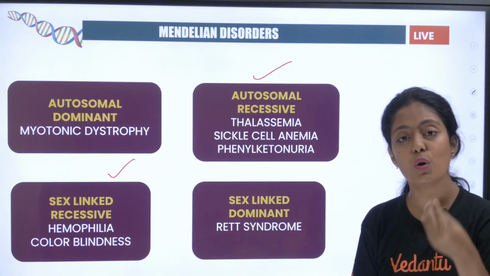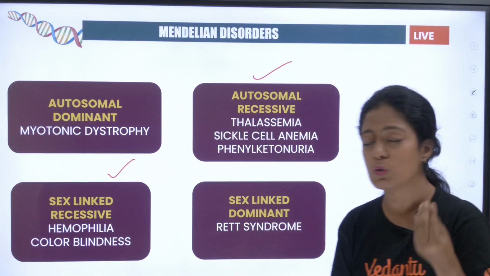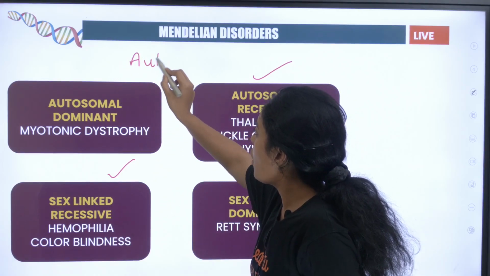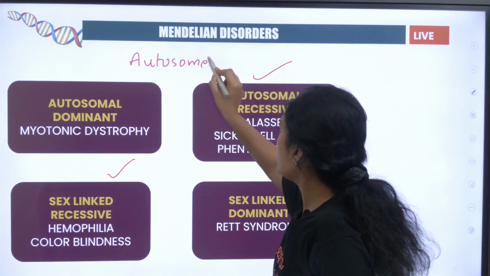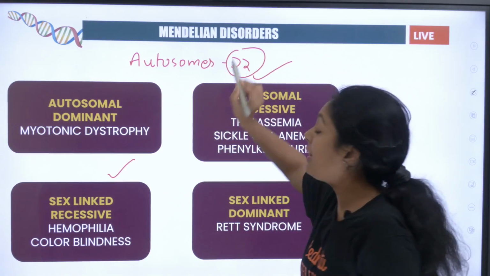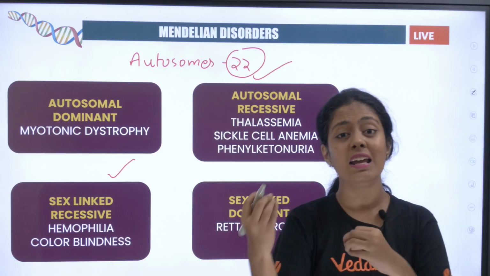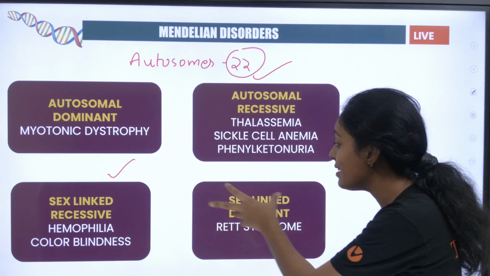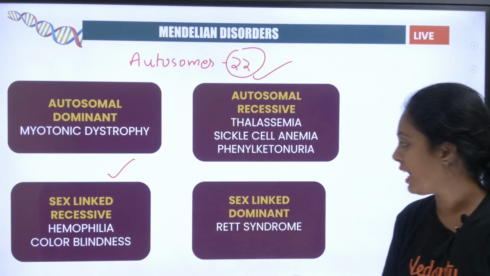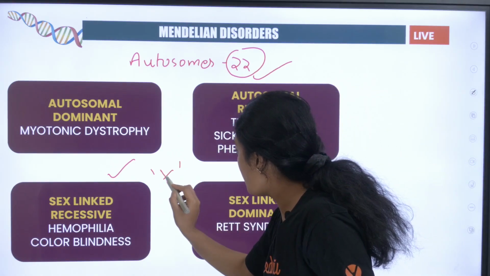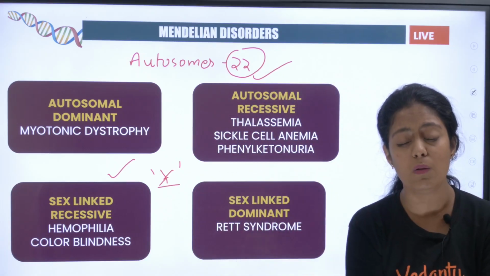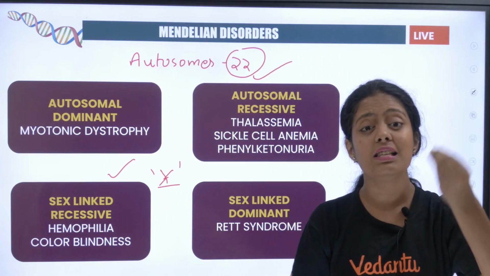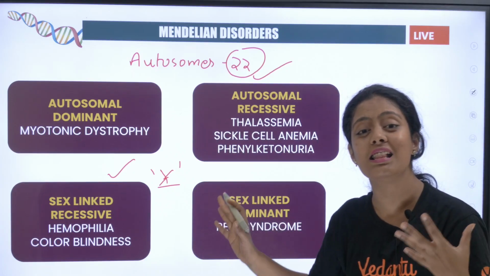First, what is autosomal? What do you understand by an autosomal condition? The defective alleles are present in your autosomes. So among the 22 pairs of chromosomes, a disorder or defect in those is what we call autosomal disorders. Similarly, we have sex-linked. What is sex-linked? It is linked with the X chromosome. So when your X chromosome is involved in the inheritance of that particular allele or gene, then such traits are called X-linked traits.